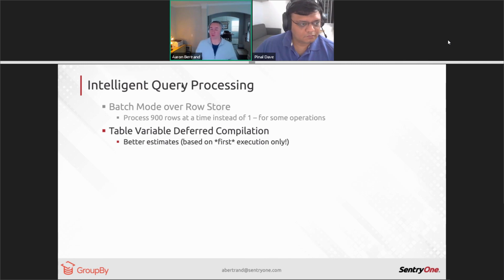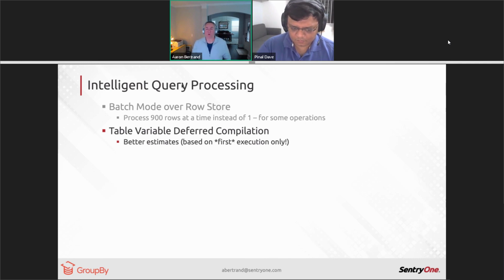So what they're doing now is you can turn this on where it will defer compilation of a plan that involves a table variable until the first time it's executed, and it will actually sniff and see how many rows you put in that table variable the first time, and then it builds a plan based on that. So this is great if you're constantly putting in the same number of rows, or roughly in the same range, or the same order of magnitude at least, into that table variable. But if the number of rows skews widely, that's not so good, because the compilation is only going to